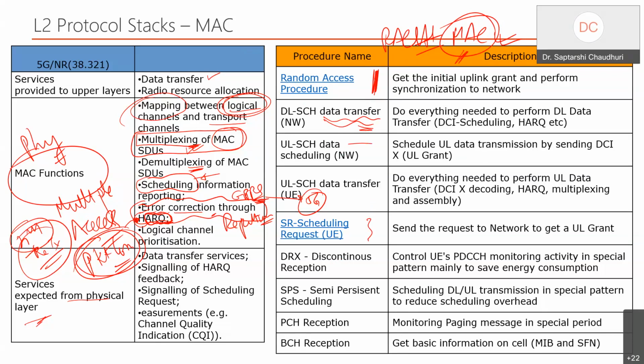Say you want to upload one picture to Instagram, so uplink data has to be transferred. But the base station doesn't know when you want to upload the picture. He's clueless. So now, how do we make the base station aware that it's time for me to send or receive something from the device?